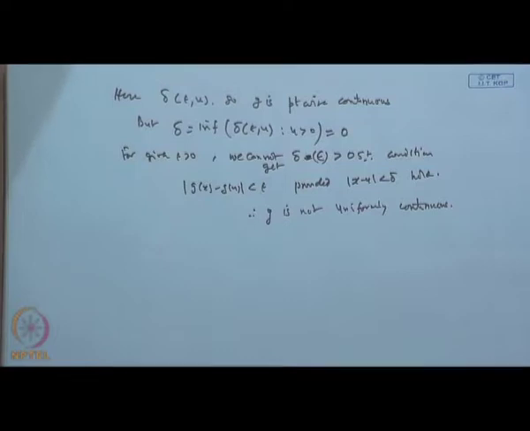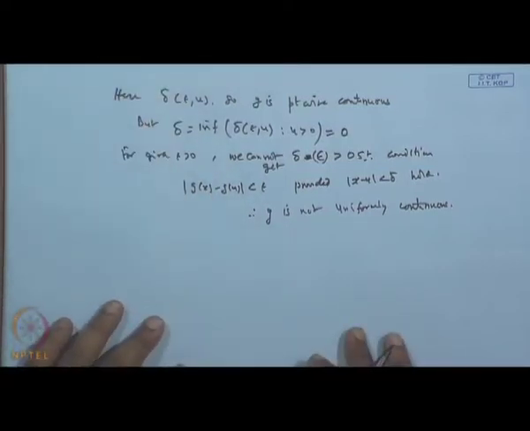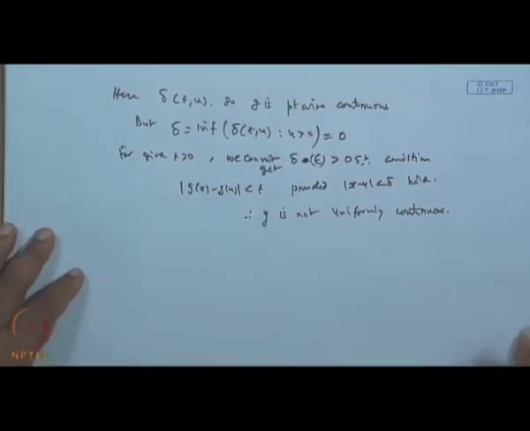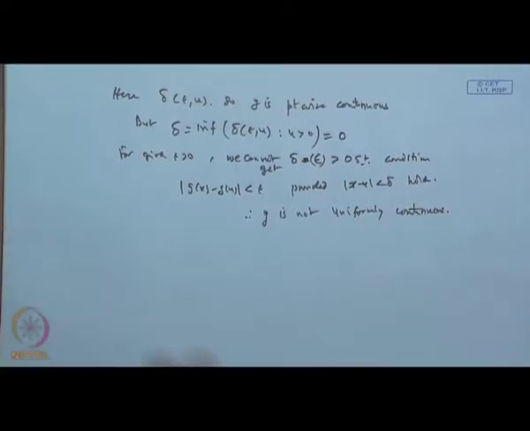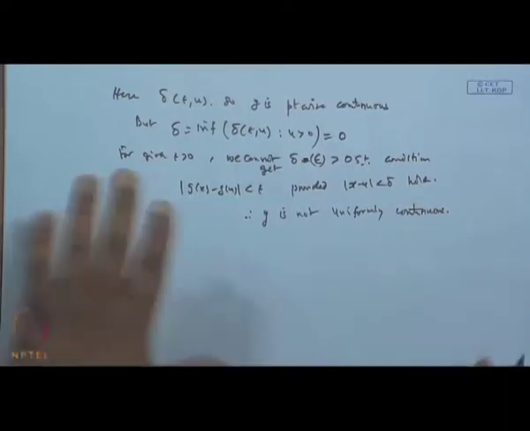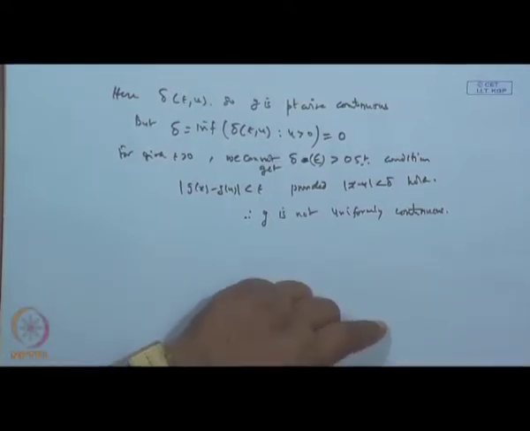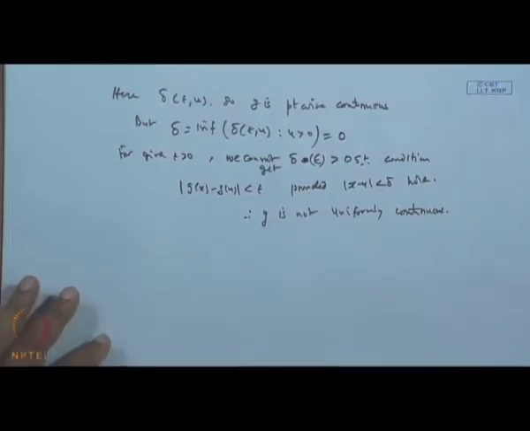Okay. So, we have seen examples where the function is continuous pointwise and where the function is uniformly continuous. Now, to show uniform continuity, we require a delta independent of the point over the entire set. So, that is not that easy. So, we can develop a test which will give at least a sufficient criterion for when the function is not uniformly continuous. We will just state those results without proof, the criteria for non-uniform continuity.